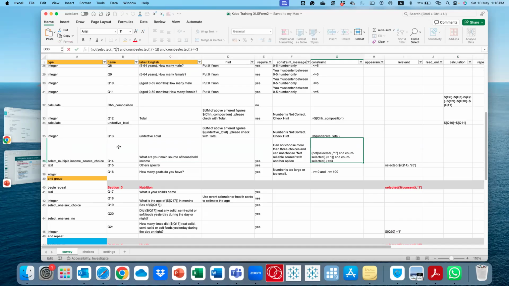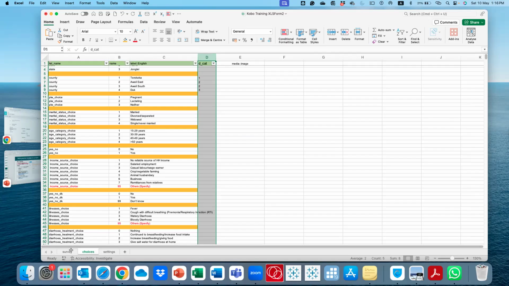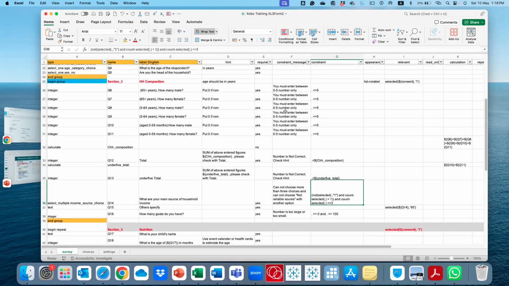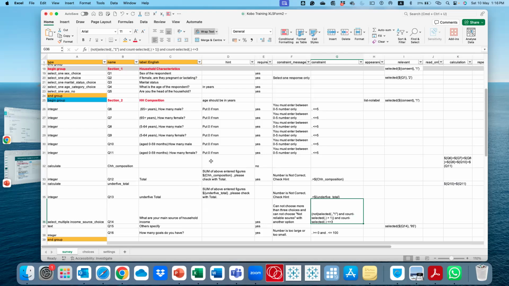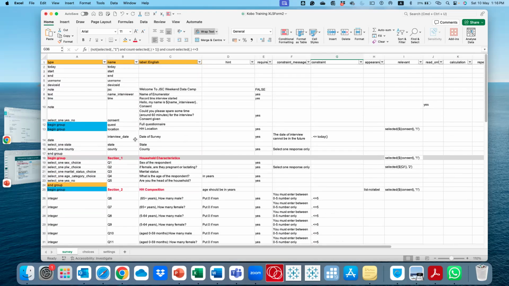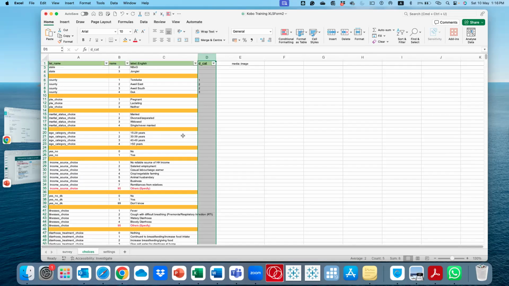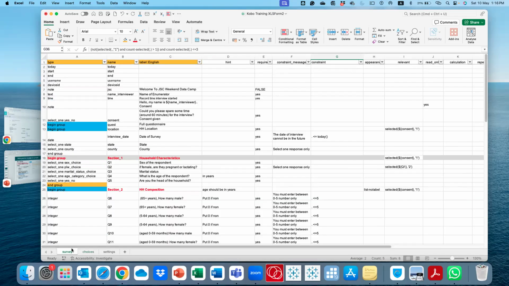Let me use that one to show you. For each of these questions that you have here, which are multiple choice, you need to have the choices. We did see that when we chose Central Equatoria State, which is the question asking state, the next question was the county.